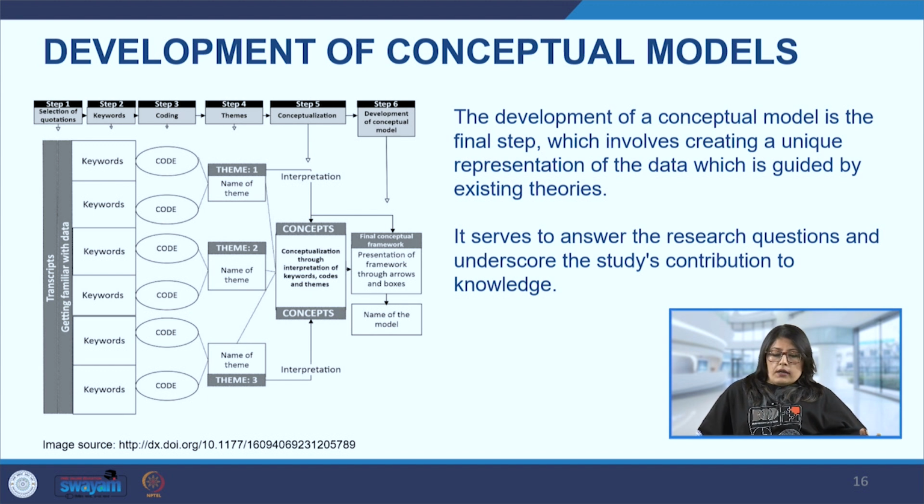So, by providing a clear understanding of how an application is intended to work, the conceptual model can help developers identify potential problems or inconsistencies that may be there, so that the final product they are coming up with will be more seamless in design and reduce rework and developmental resources.